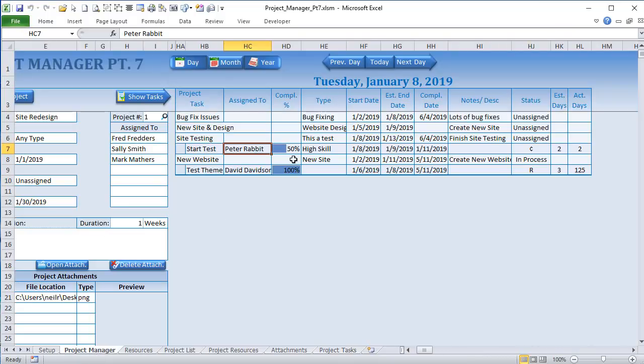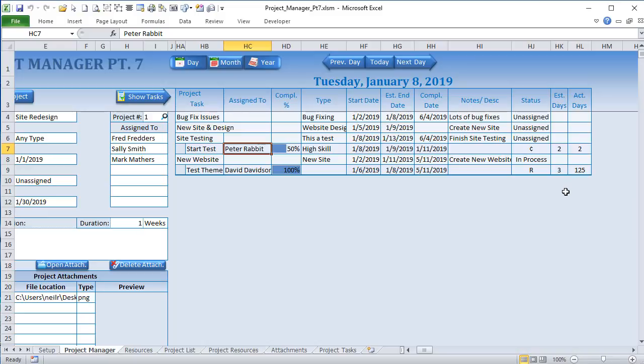And I also wanted to show how much it's completed. So that's really important. And also we have the estimated days and the actual days. We can do a lot with this with conditional formatting. For example, if it goes over the actual days, we can change the conditional formatting. If it's under the actual days of the estimated days, we can do that. So there's a lot we can do with conditional formatting so that we know if our tasks are under or